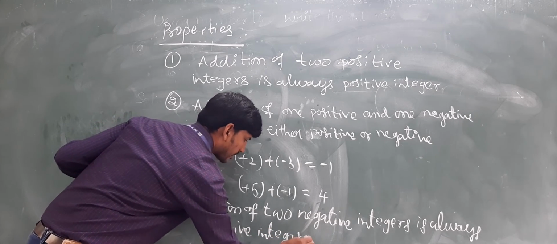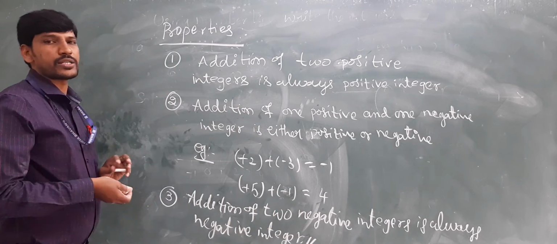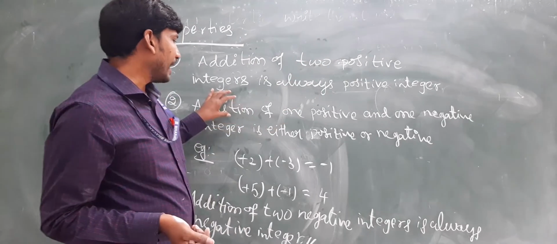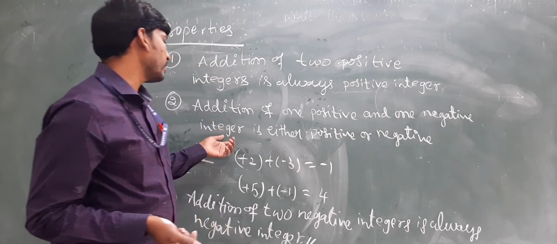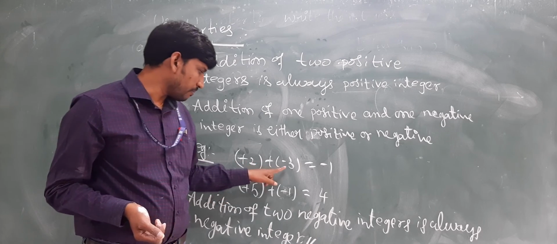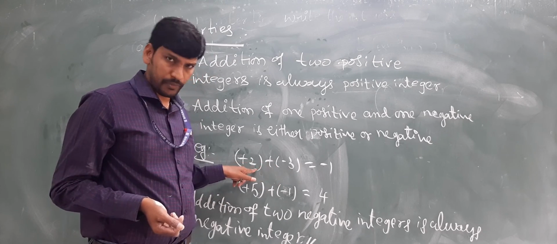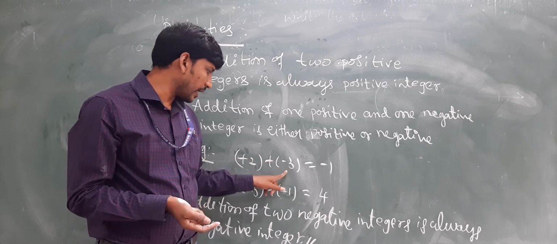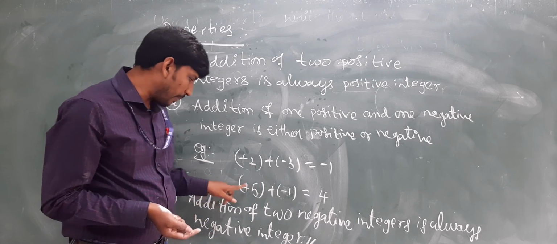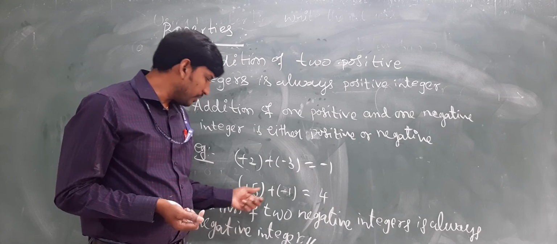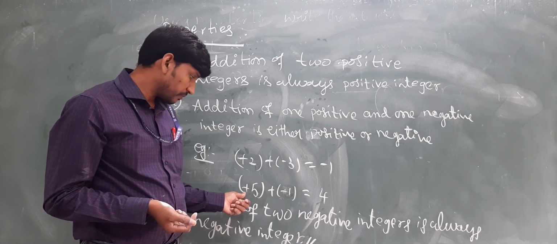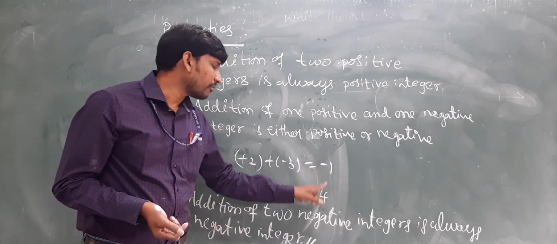So today we discussed these main points. What is that? Addition of two positive integers is always positive integer. Addition of one positive and one negative integer is either positive or negative. Here there are two examples, plus, minus. See this here, these have different signs. One is positive, one is negative. Answer will be negative because 3 is bigger than the 2. Clear? Second example, see this is plus 5 minus 1. 5 minus 1 is equal to 4 because 5 is the plus value. Clear everyone here? So, depending on the value, the answer will vary.